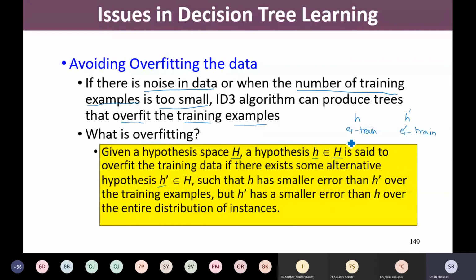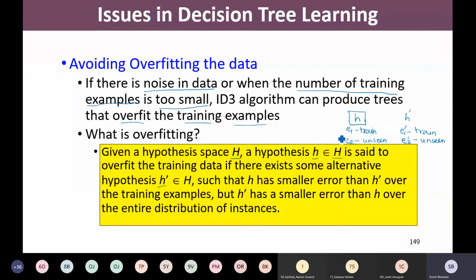Hypothesis H is giving me error E2 for the overall distribution of instances, so for the larger data that we are going to test, E2 is the error for unseen data, and suppose E2 dash is the error for the same unseen data. We say that hypothesis H is overfitting if